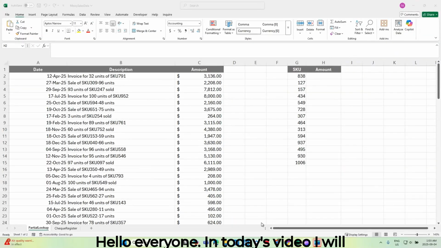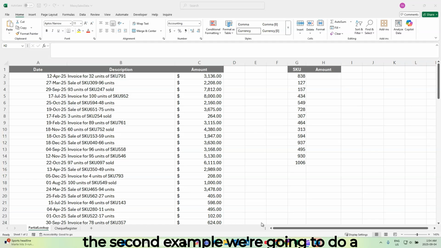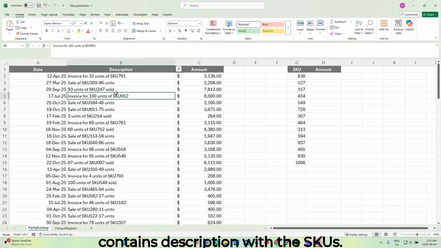Hello everyone. In today's video, I will continue to show you use cases of regular expressions. In the first example, we're going to do a partial lookup. And in the second example, we're going to do a partial lookup with more than one criteria. Let's dive right in. In this first example, I have a sales record here, and it contains a description with the